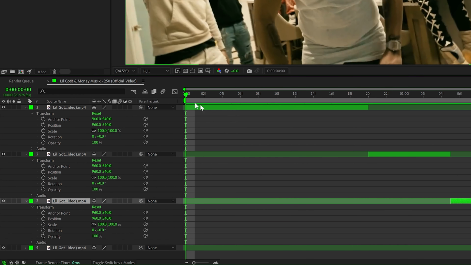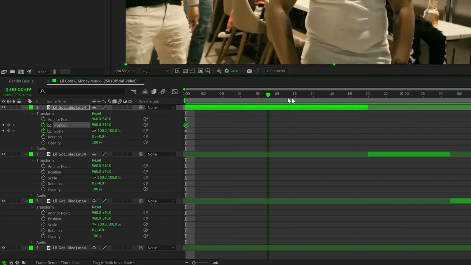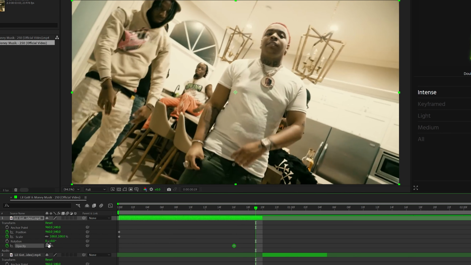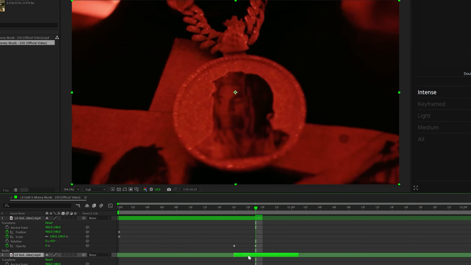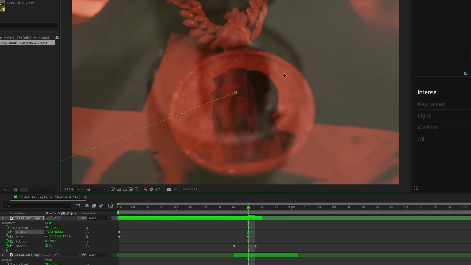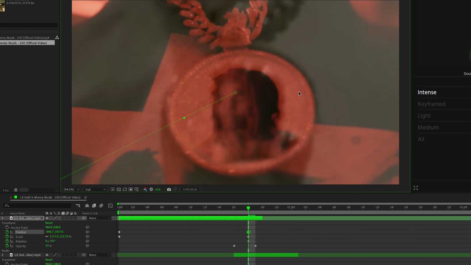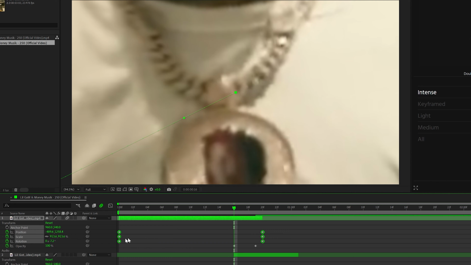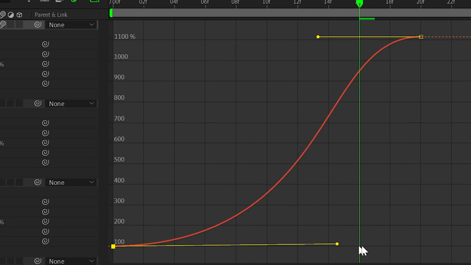And then I started off by opening the transform options in all my clips, keyframing the position and scale, and then opacity on that first clip. Keyframed at the end, maybe the last 10-ish frames from 100% opacity to 0%, and then went somewhere in the middle. And then I keyframed the position, scale, and rotation of that first clip to match the second clip. That way there's kind of like a match cut. And then easy eased all those keyframes, went into the graph editor to smooth out the motion a little bit.